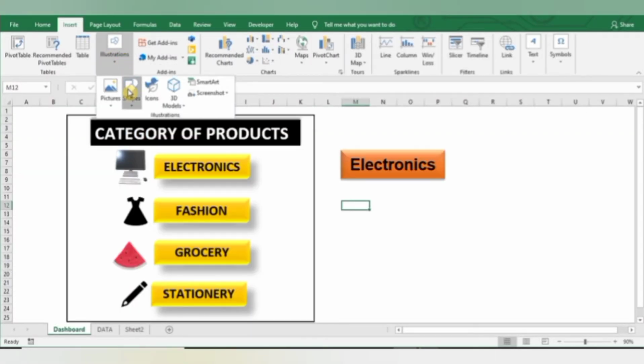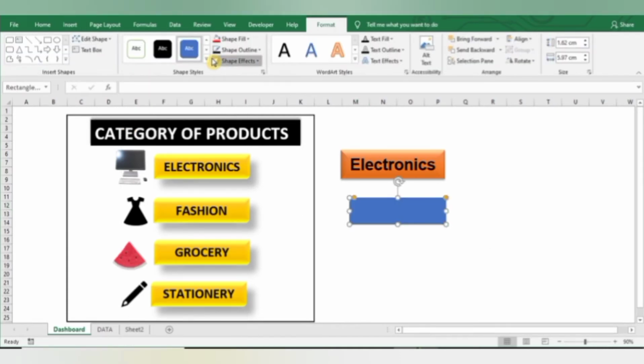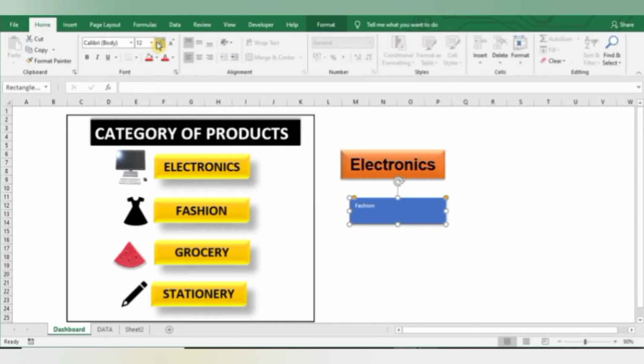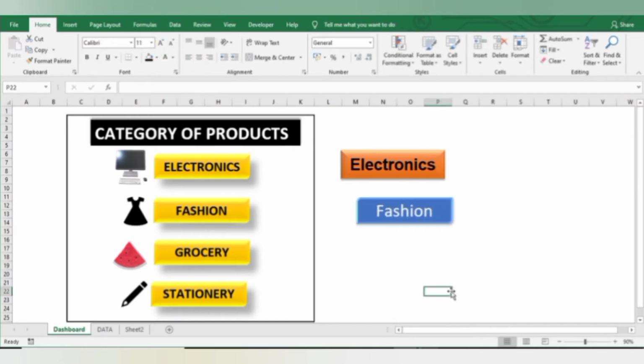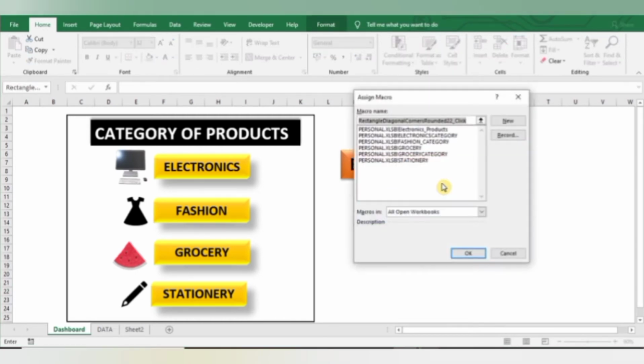Now if I want to make another button for fashion, then also you can make it. Now if I want to assign macro to my fashion button, then also right click of mouse and then assign macro.